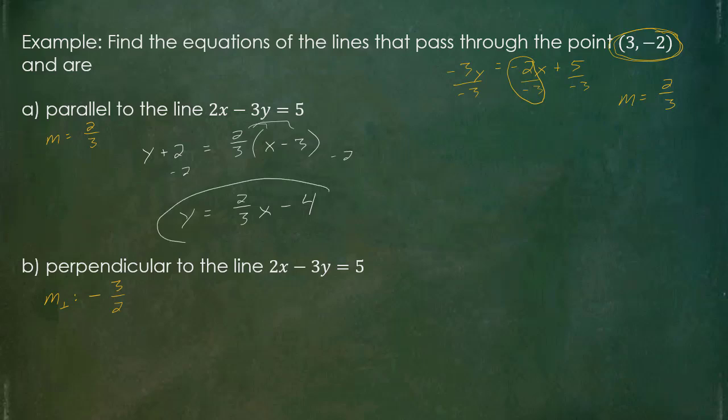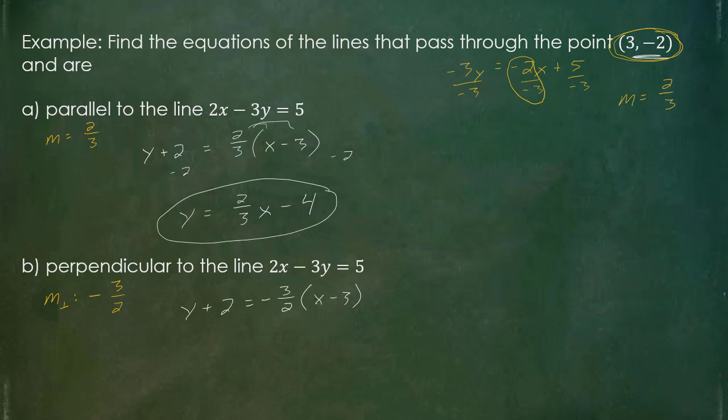So the equation of the line that's parallel to the given line and passes through this point (3, negative 2) is y equals 2/3 x minus 4. Now if we go to the one that's perpendicular, we essentially start the same way, so it's still going to have y plus 2 being equal to, but the only thing that's going to change is the slope now needs to be the negative or opposite reciprocal. The parenthesis inside, x minus 3, should remain the same because again we're still passing through that same point, 3 comma